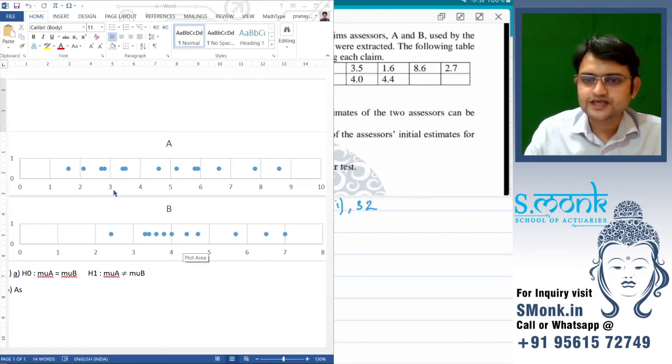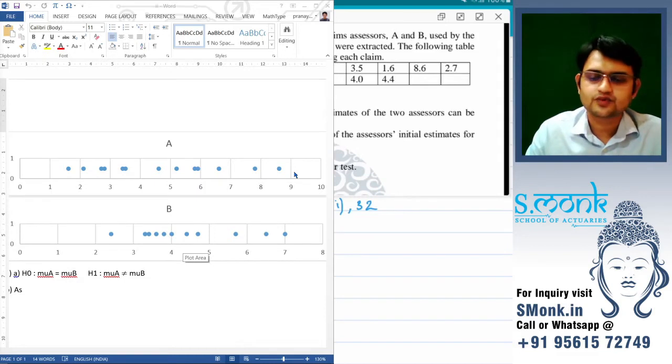So first thing is whether they are normally distributed or not. If these values are scattered in such a way that we have a concentration on one side and then small values going on one side, then it is not going to be a normal distribution. That means it is a skewed distribution, most likely Poisson or something else. But when it seems like it is scattered almost the same way, equally distributed everywhere, then we would say that it is following a normal distribution. Here also we are seeing the same thing.